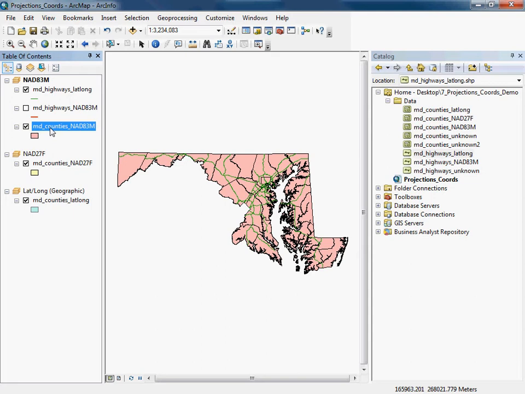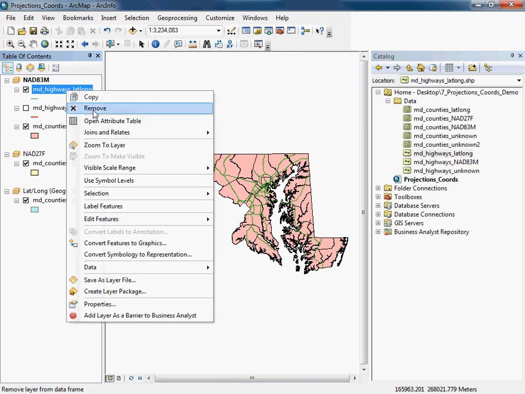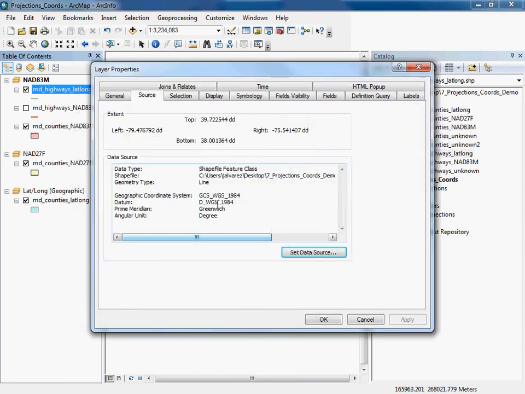Now, that might seem odd at first, but what ArcMap is doing there is known as on-the-fly projection, or projection on the fly. What's happening here is that this shapefile is defined as being in longitude and latitude. Let's look at the properties really quick. It is a geographic coordinate system. Remember, the longitude and latitude coordinate system is a geographic coordinate system, GCS, and it uses the World Geodetic System of 1984 as the spheroid, or the ellipsoid, and that is used for measuring longitude